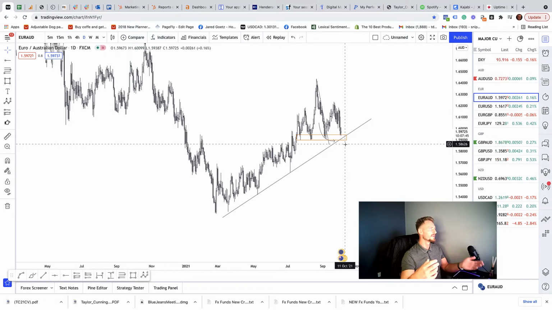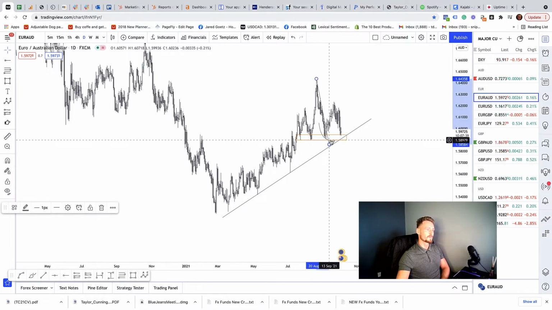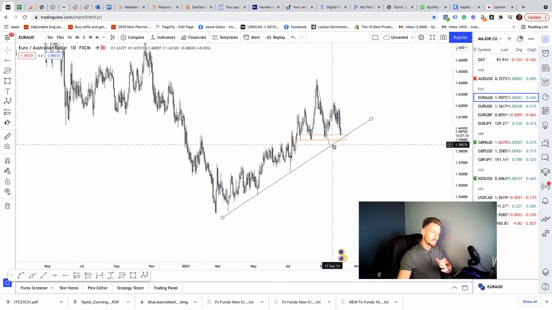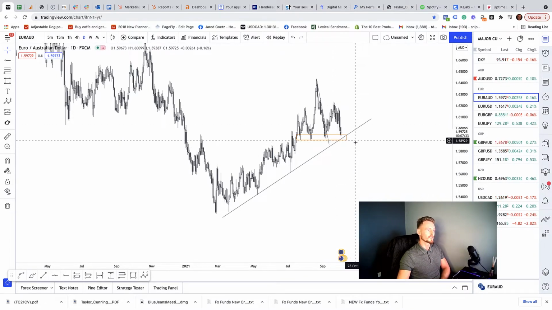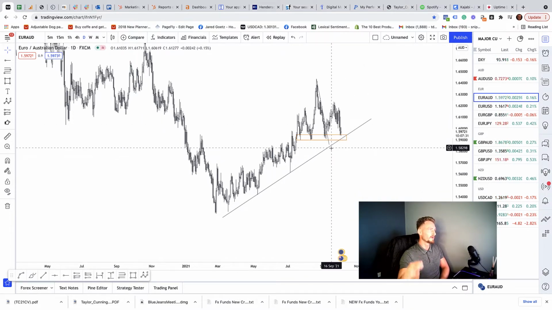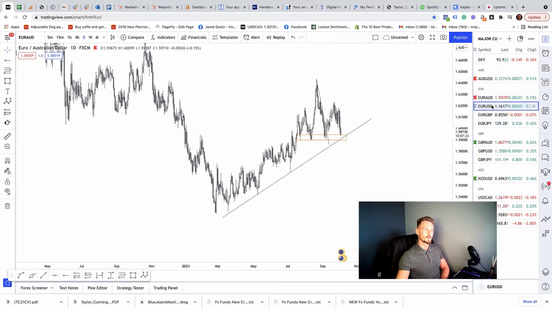Strong dollar would mean a weak euro, and that could potentially offer us some short positions if we did manage to break below that trend line, sustain the break, and then we could look to start to work our way back down. But until anything develops a little bit further, we're not really going to pursue anything for Euro Aussie, but I would like to keep it on the watch list, so let's keep that there and move on to